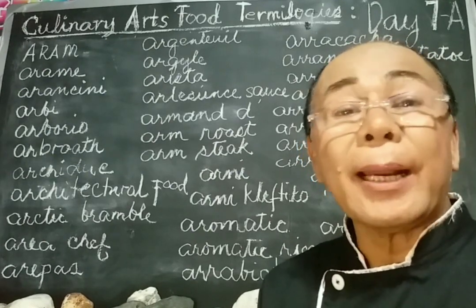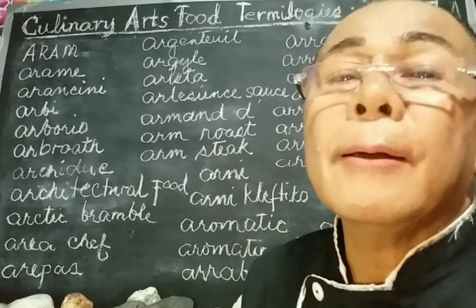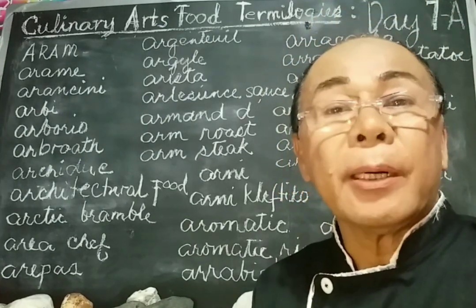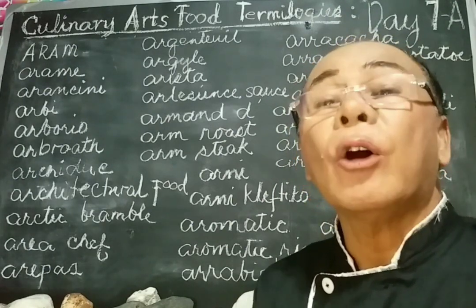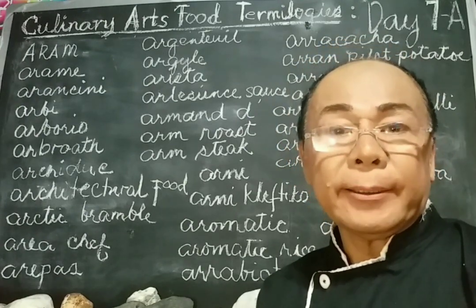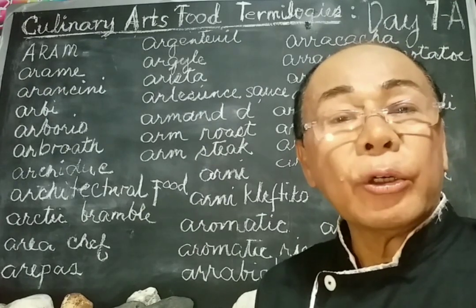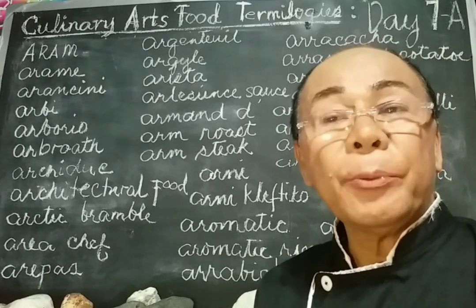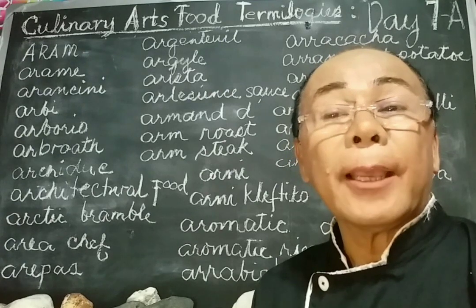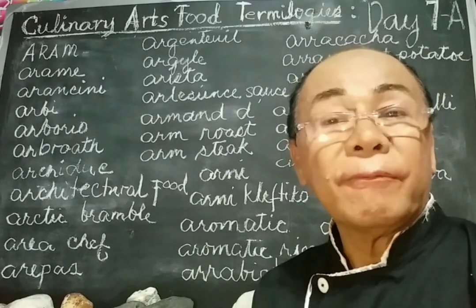Next word we have the arrabbiata. This Italian word refers to an Italian tomato sauce flavored with herbs, cayenne pepper, spicy, and sauteed beets or bacon, or spicy sausage. Next word or term we have the arracacha. This word refers to a root vegetable native to northern South America that is brown in color, a cylindrical root, and has an off-white flesh with a potato-like texture and a sweet flavor.